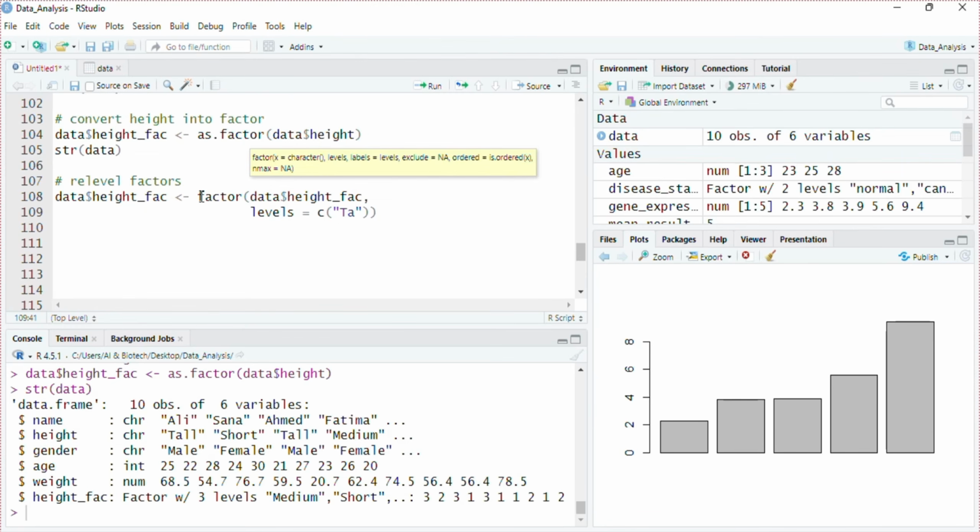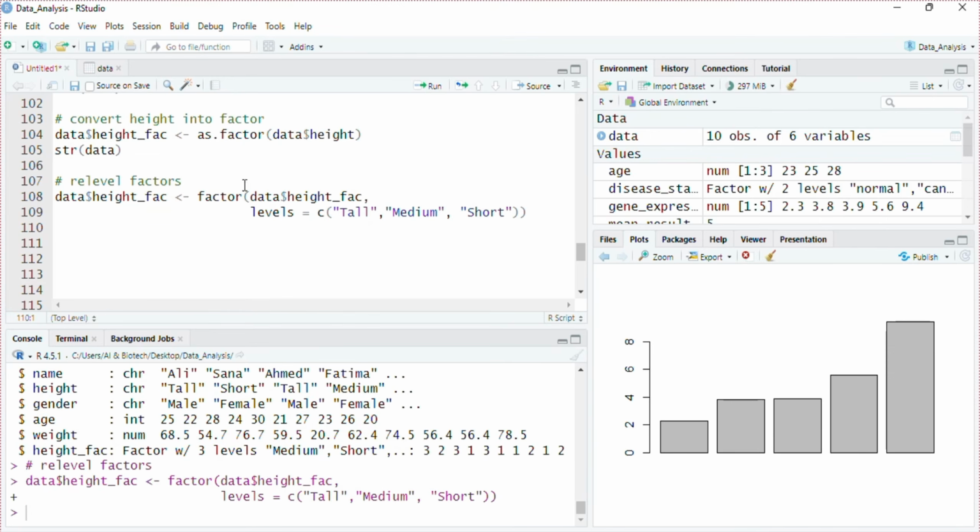Run this line of command, and now check the levels again of this column. Now the order has been changed to tall, medium, short. So in this way, we can convert and relevel our character data into a factor.